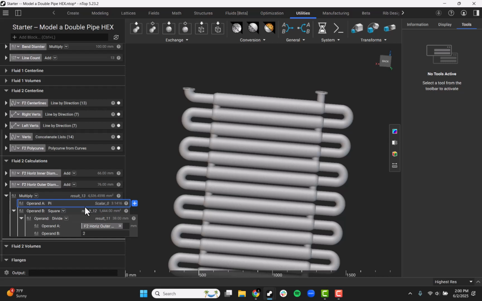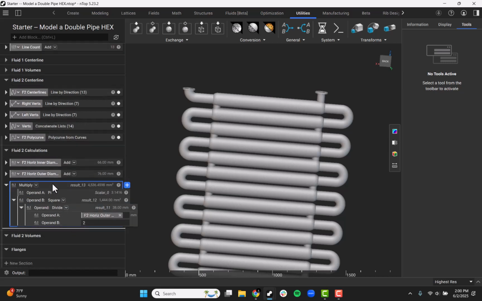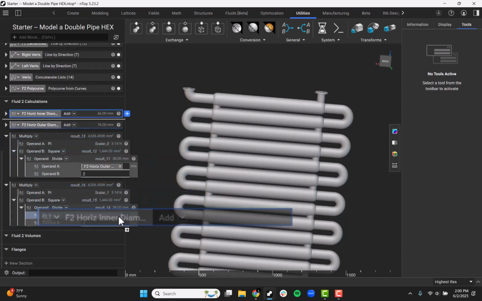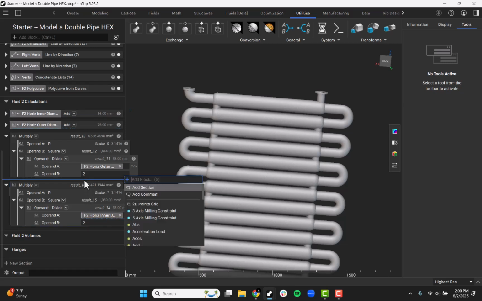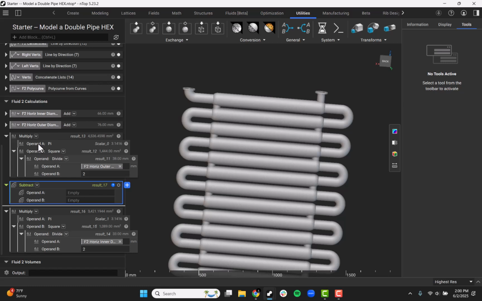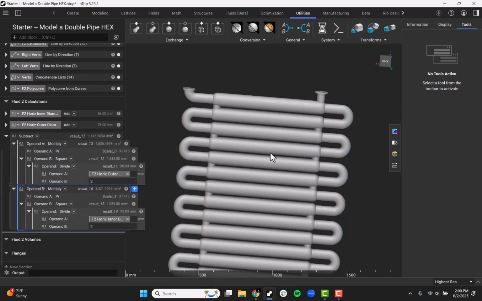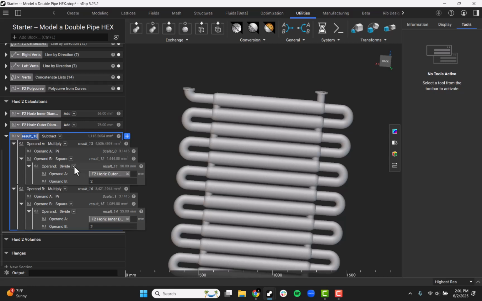To get the second, I'm just going to copy and paste this, not pi, copy and paste our multiply here. And I'll just drag in our inner diameter instead of our outer. And this is going to be our second cross-sectional area. If I just subtract both of these now, this is going to give us the actual area of that region, or the cross-sectional area inside. If I make this a variable, I can then name this fluid 2, F2